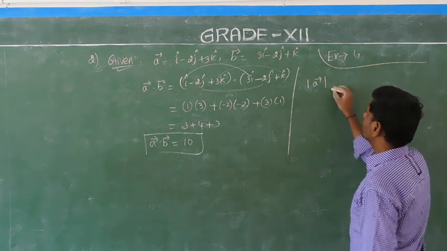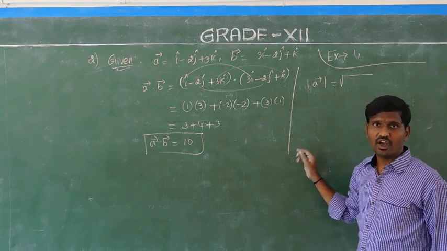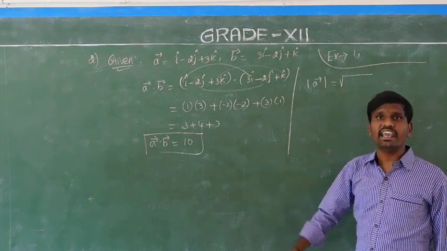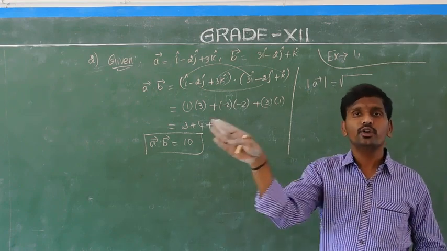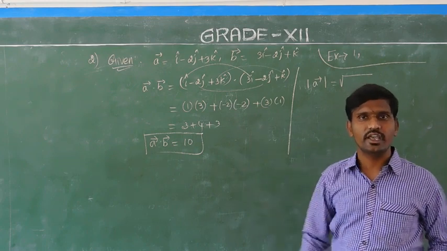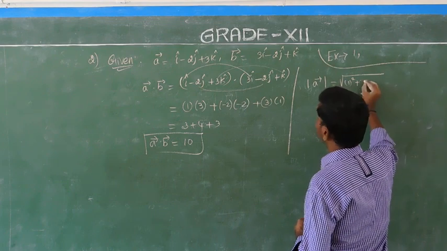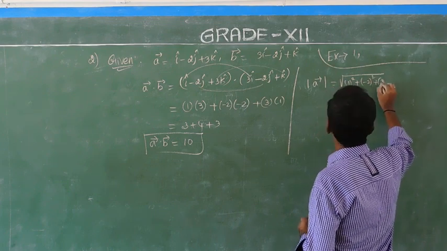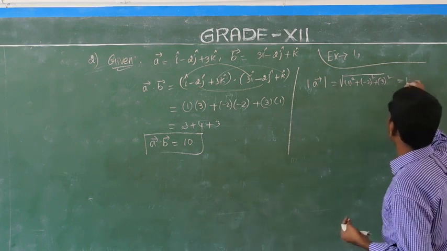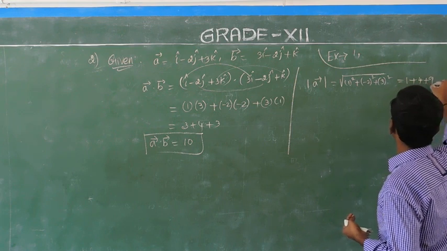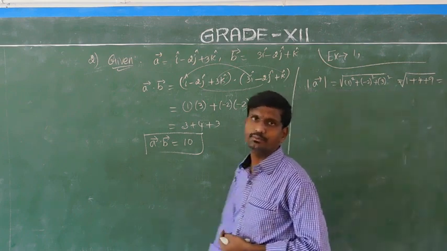Yes. Now a vector, modulus of a vector means, do you know how to find the magnitude? You have a formula, no? Suppose r vector equal to xi plus yj plus zk vector means modulus of r vector equal to square root of x square plus y square plus z square. So use that. I have to expand now. 1 square plus minus 2 the whole square plus 3 square. Okay. Now what will come, tell me? 1 square is 1, 2 square is 4 and 3 square is 9. Add and say 9 plus 5 is 14. The answer is 14.